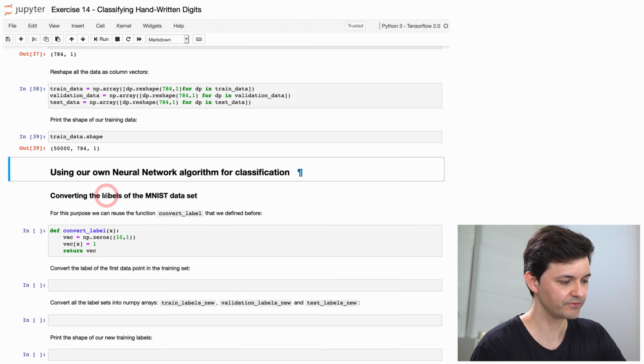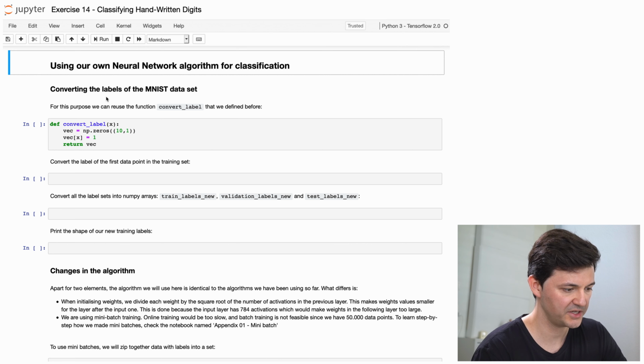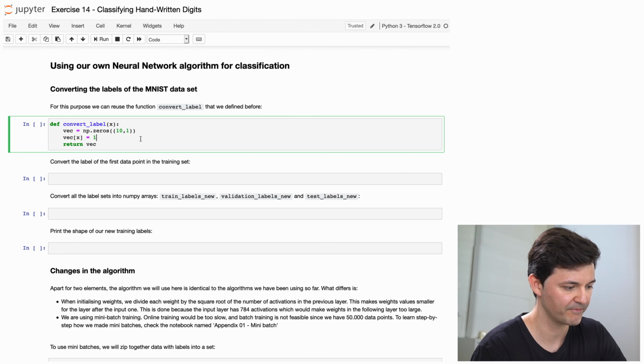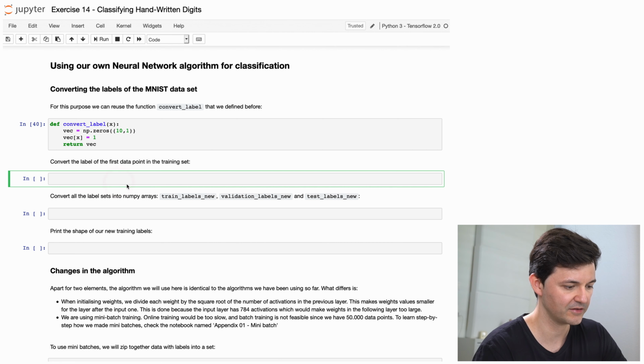Okay, now it says using our own neural network for classification. The first part is, as you know, converting the labels of the MNIST dataset. And for this purpose, we can use the function convert_label that we defined before. So it's the same function as we used before. Okay, now it says convert the label of the first data point in the training set. So